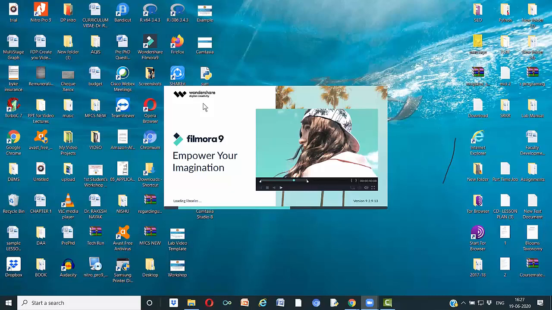Generally it takes a little time to get loaded. Basically this Filmora that we are having, Filmora 9, unless and until you are having internet, you cannot do it. And if you are using a trial version, it will always give you some kind of watermarking. With Camtasia also, it is free for 1 month, but even within that month, whenever you are producing it, it will give some kind of watermarking.